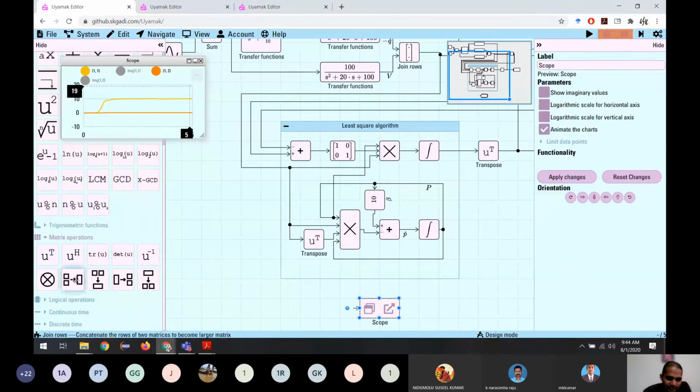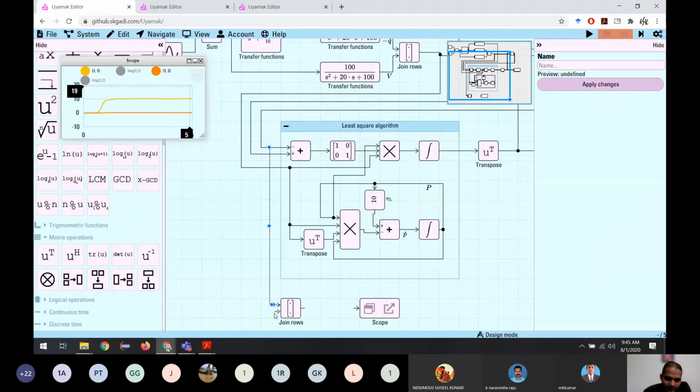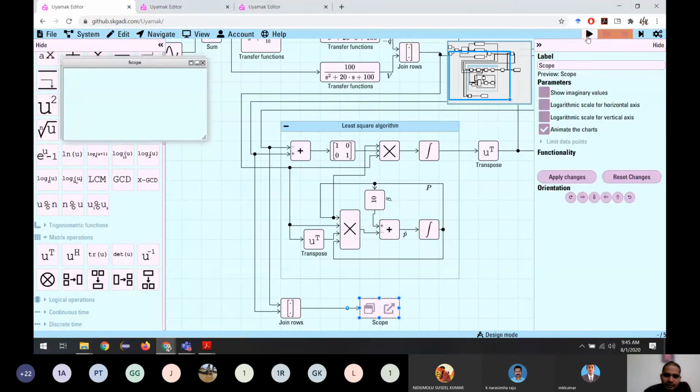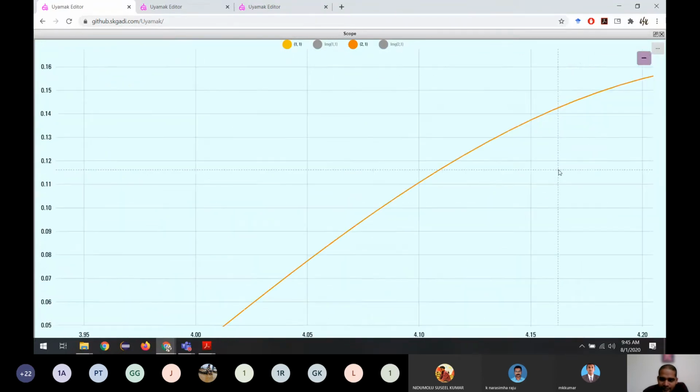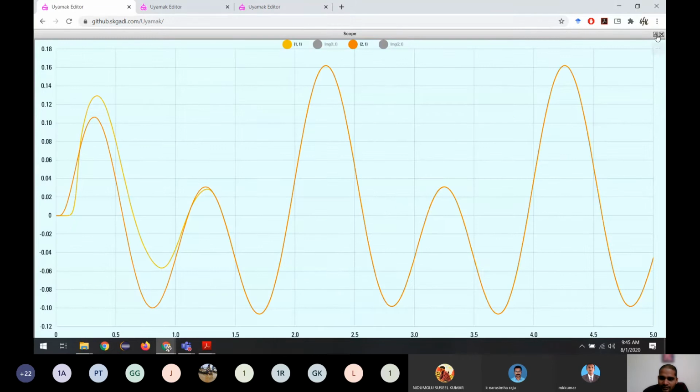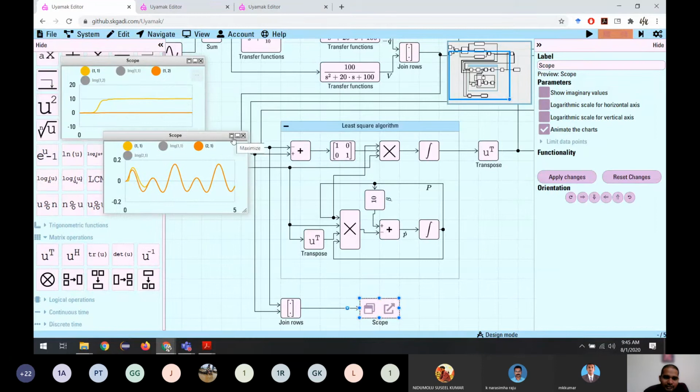I didn't see these results. I just prepared it and I came. Let me see how it looks. What I expect is they both should coincide as good as it was before. See, we can see that Z and Z dot are coinciding. So we can say this is the best thing we can come up with, because we are estimating the model exactly how we are seeing it.